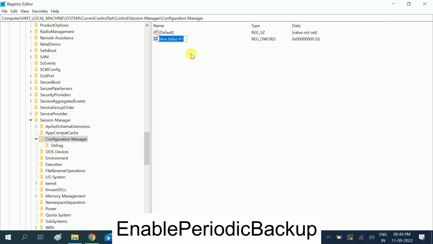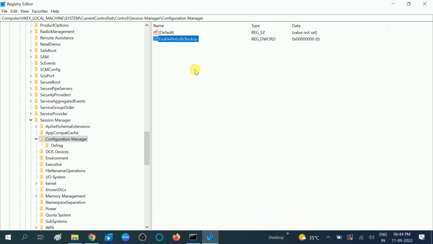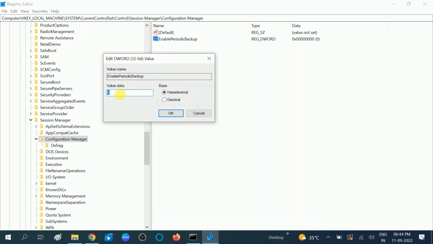and type here Enable, E should be capital, Periodic, E should be capital. Now Backup, B should be capital, and hit enter. Now we have created the key. Once you have created the key, you need to double click on it, or you can right click on it and click on the Modify option and then set its value to 1. Set its value to 1, click on the OK button